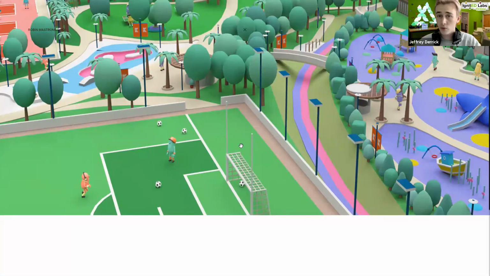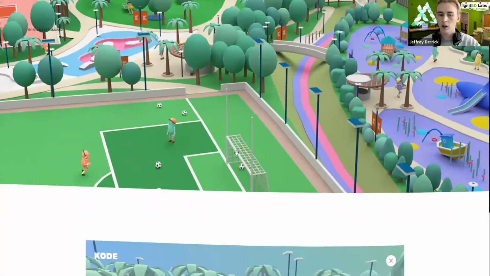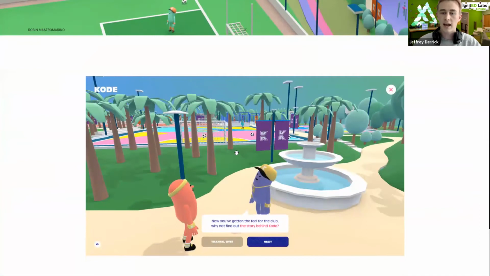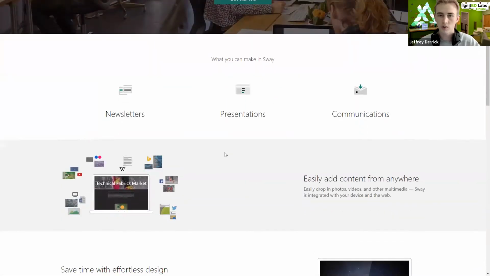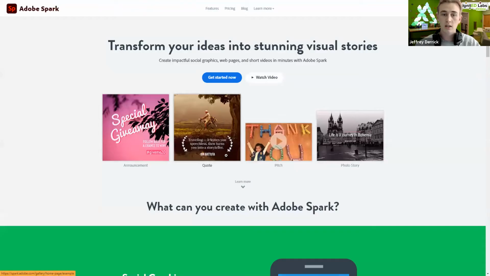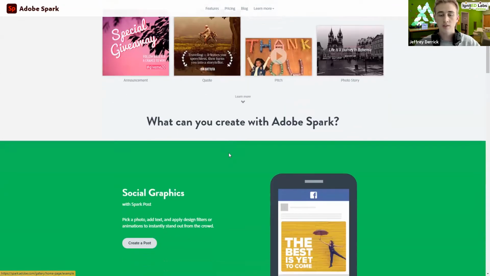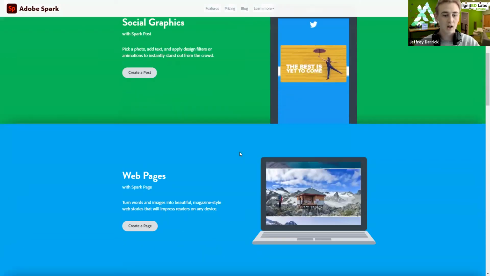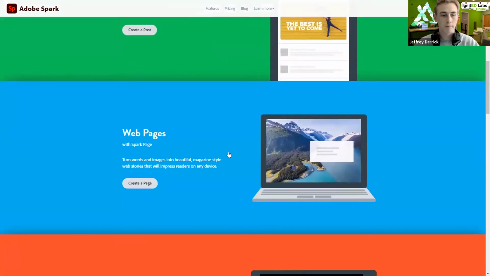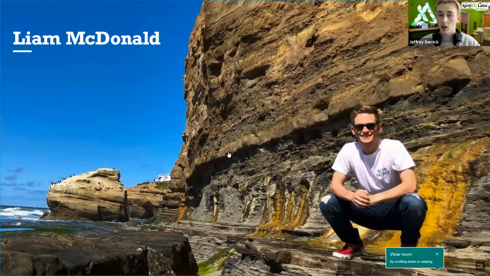There are three main platforms that we're going to discuss today with regards to portfolios and how they can make portfolio construction relatively easy. We'll be looking at Microsoft Sway, which is hosted through Microsoft. You have access to it through your ASU account as well. We'll be looking at Adobe Spark. Same deal. ASU provides access to that with your student membership. And Liam will talk us through a demo now